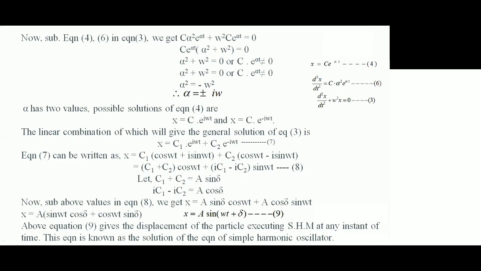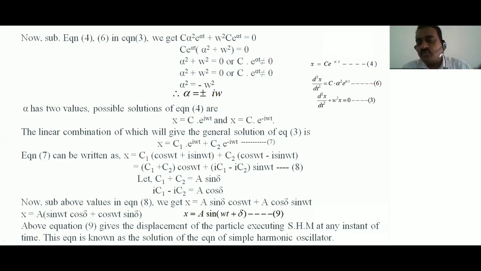This is d square x by dt square plus omega square x is equal to 0. Thus it is a second order differential equation, that is the equation of motion. So the perfect solution of the equation of motion is x is equal to A sin omega t plus